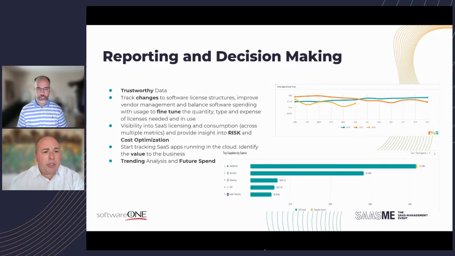And understanding that trending to be able to say, am I making a positive impact on the business? And am I making the right decisions to either optimize that cost, reduce that risk, procure more efficiently, manage my vendors better, in those types of areas. So really quick, again, I could spend all day talking about how trustworthy data is kind of the foundation for all of this, but definitely worth noting there.